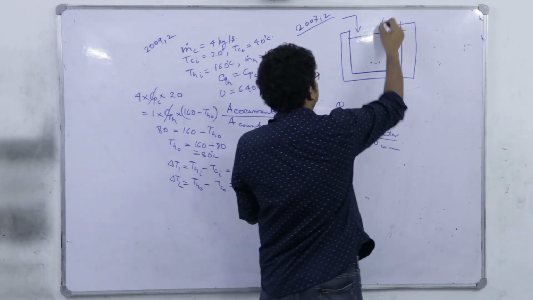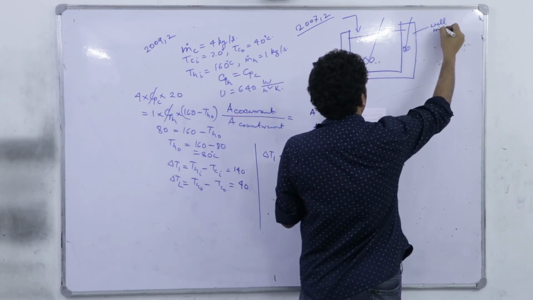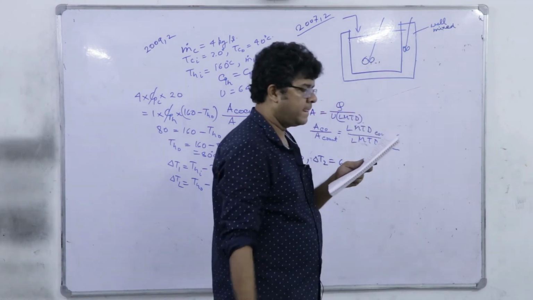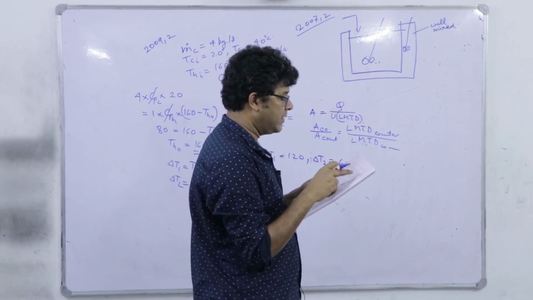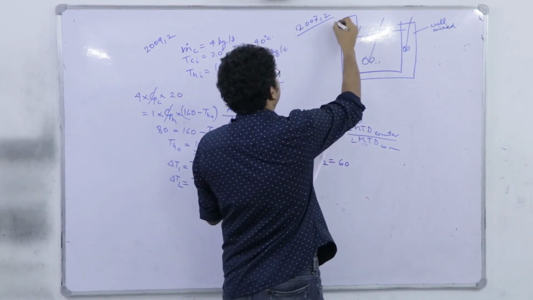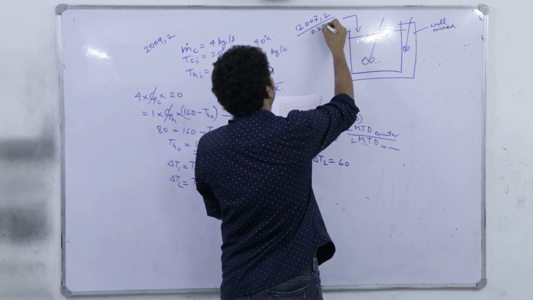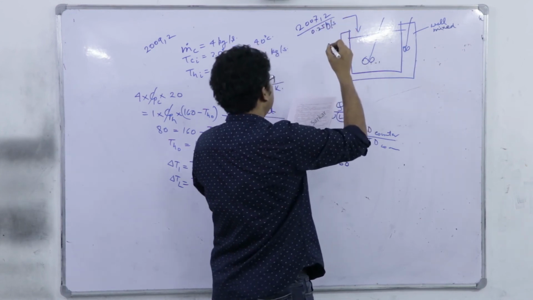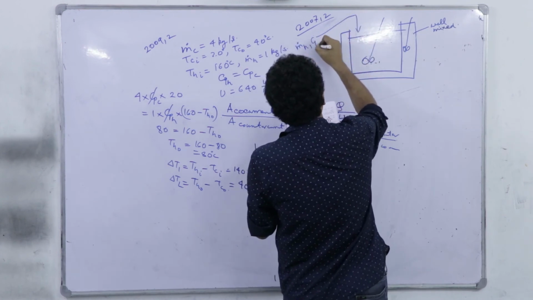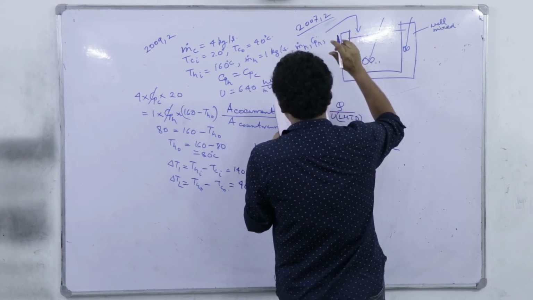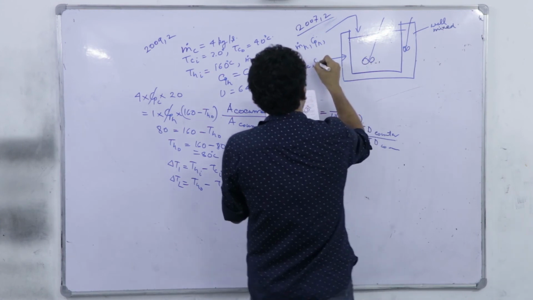Assume the jacket is also well mixed. Right. That means everywhere the temperature is the same. So, assume the jacket is well mixed. For the following data, mass flow rate of the hot fluid. What is the mass flow rate? 0.25 kg per second. So given, I'm not doing this, I'm just writing, see m dot h given, Cph given, right, m dot cold is given, Cp cold given.